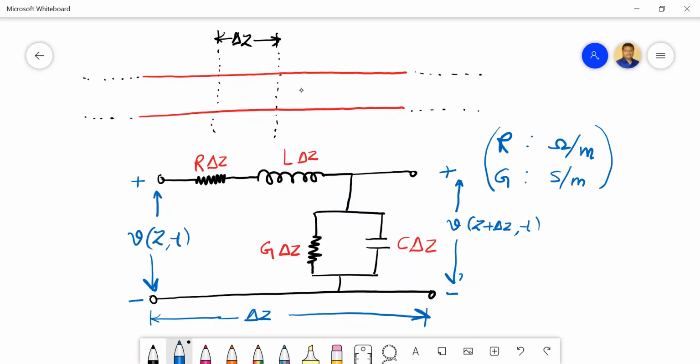These are the losses, different losses, and L inductance is what? Henry per meter, and capacitance is Farad per meter. Like for this differential length, if we are defining these capacitance, inductance, and losses per unit length, so it is quite clear that when we